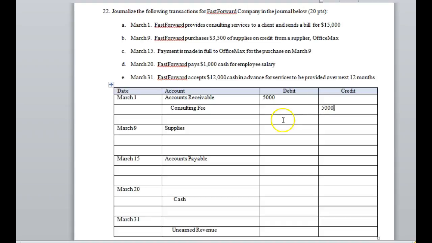If you go down through here, you'll see supplies, and you purchase them on credit, so that would be accounts payable. And then the amount, whatever that is, you paid that. So if you paid it, you use cash, right? That would be your other